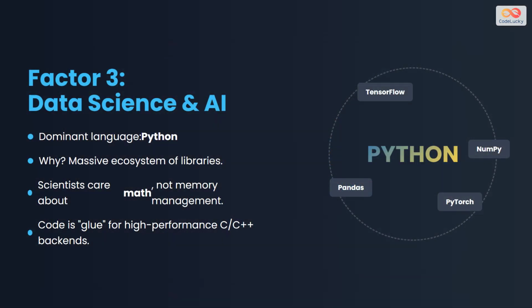Then there are specialized fields like data science and artificial intelligence. Here, Python is the king. This isn't because Python is the fastest language, it is actually quite slow. But it became the standard because it is easy for scientists and mathematicians to read, and it has a massive library of tools that connect to high-performance code written in C. The community momentum here makes it nearly impossible to replace.